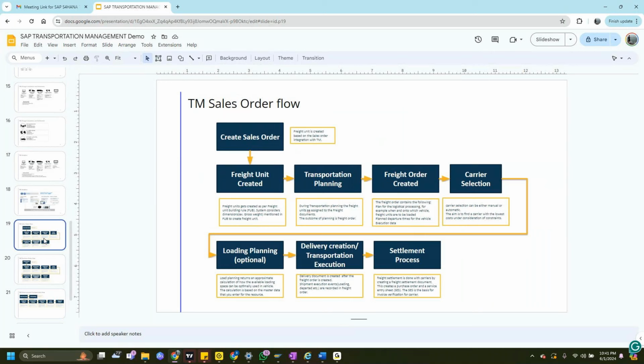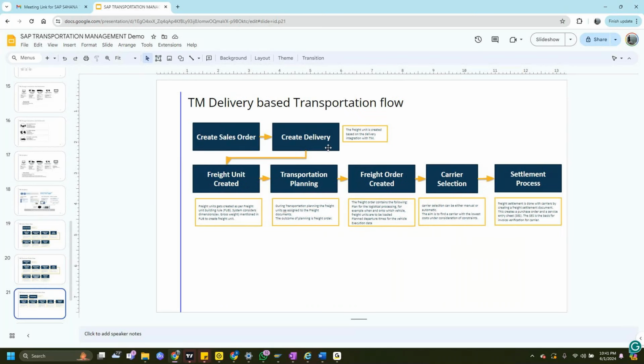But what you need to understand is that if we do the integration at the creation of the sales order, that gives the business a vast amount of time to plan their transportation activities, as well as the EWM activities, like placing the particular product into the warehouse, picking it, packing it, and all those kinds of things. But when you go to delivery based, the delivery is already created, and sometimes it is created one day before the dispatch of that shipment. That gives very little time for the transportation planner and the warehouse operators to get the work done within their streams.